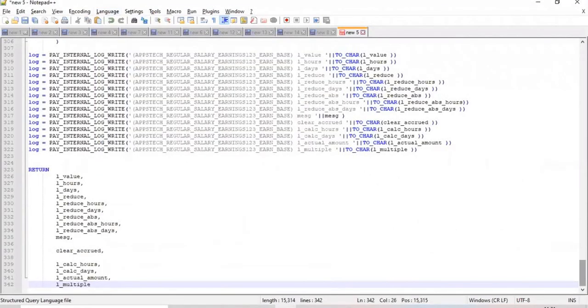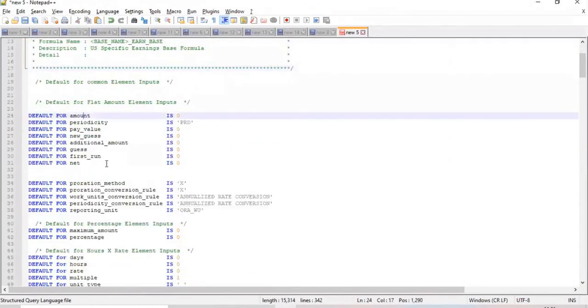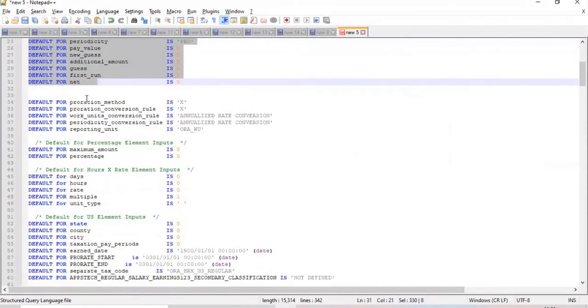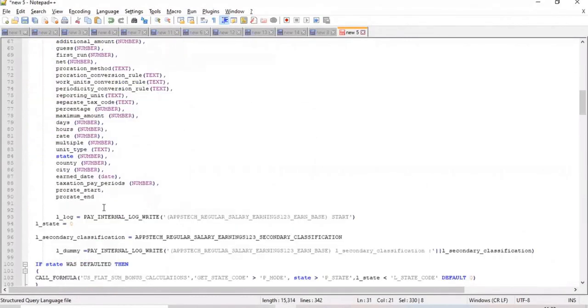You see, this is created automatically by Oracle. It takes input values, prorations, because we enabled prorations. It takes state, country, because this will be different from state to state, since your taxations will be different from state to state.